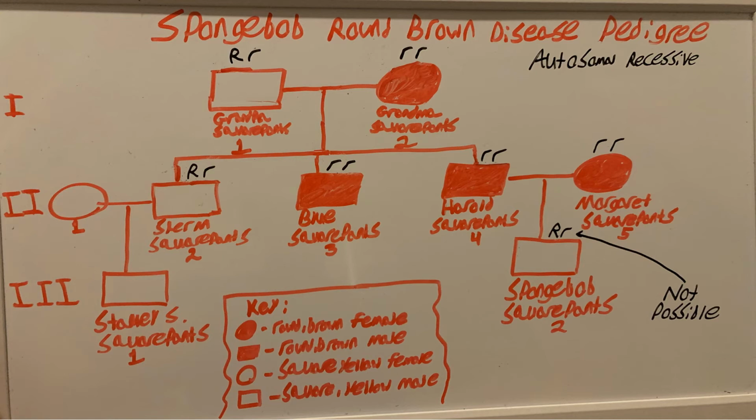So first we're going to look at autosomal recessive, and if we look at what I filled in, at first it looks like it works, but then you go to Harold and Margaret SquarePants, and they're both affected, and they have a son in SpongeBob that is not affected, and that would not be possible if autosomal recessive worked.